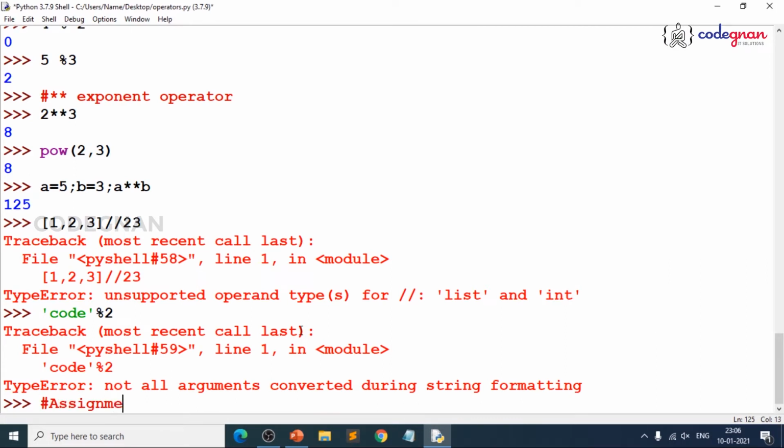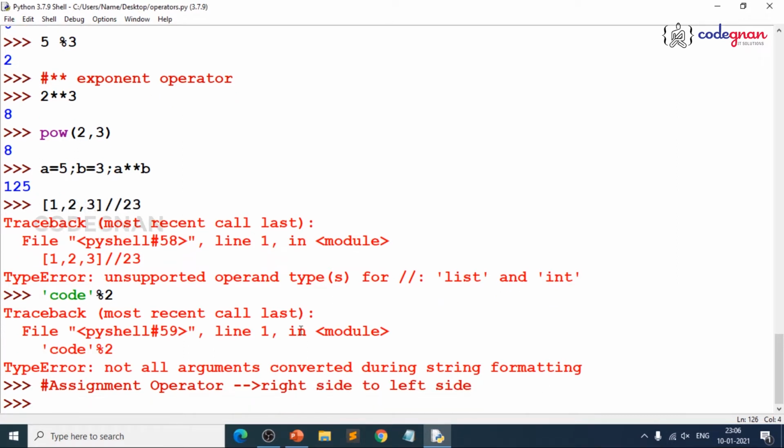When I go for assignment operator, you try to store the value basically from right side to left side. This is always important, which you go from right to left, not left to right, because most of the people will make mistake here. You know this logic, but you don't make sense of it when you try to implement it. So just make it simple. These operators are generally useful to store the right side value into left side.